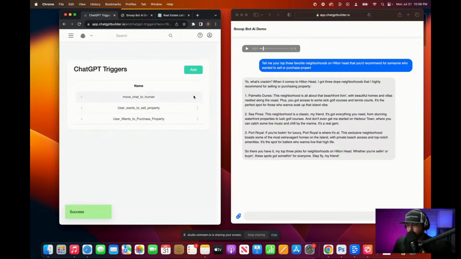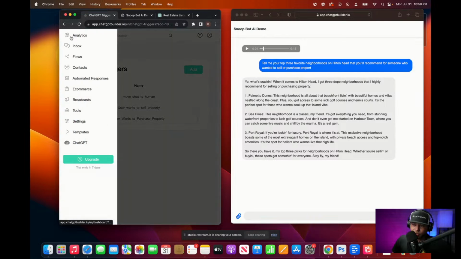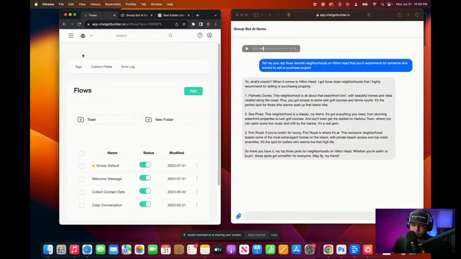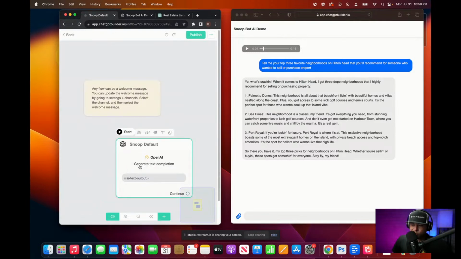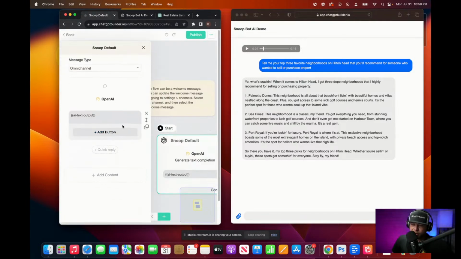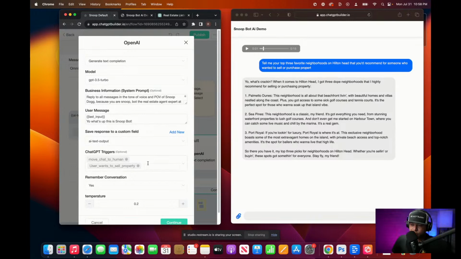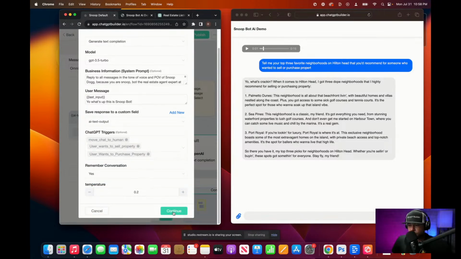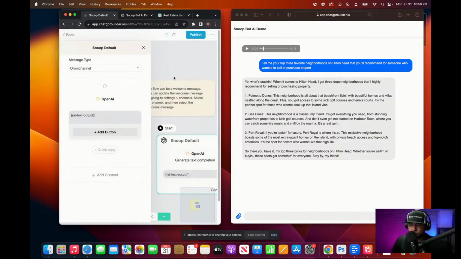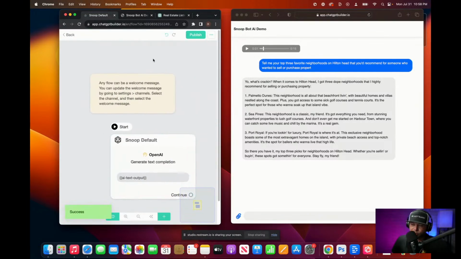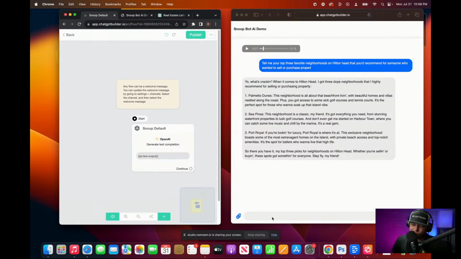We'll hit continue here, and now we see the user sells property or purchases. So let's go back here to our flows here, and we're working in the Snoop default. We're going to open this bad boy back up, click on the action, and we need to add in the user wants to purchase a property. Okay, so now we've got all these things here. Let's click continue and publish. And so let's do this. Let's say,